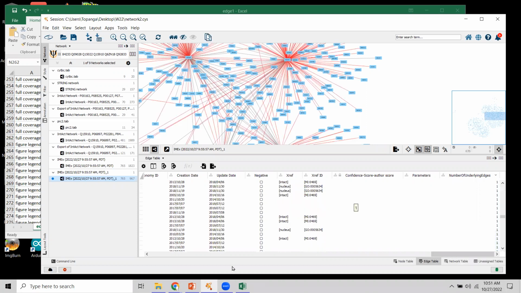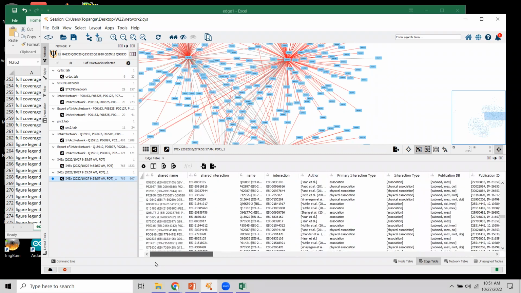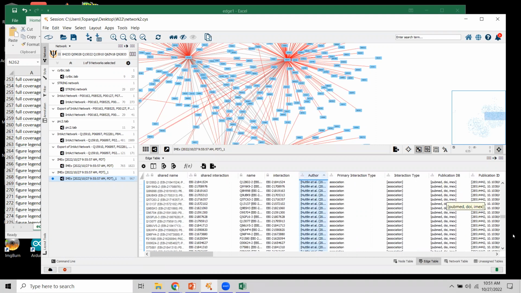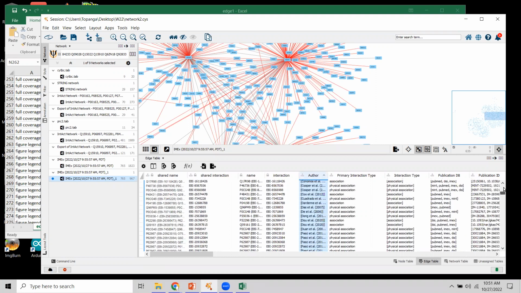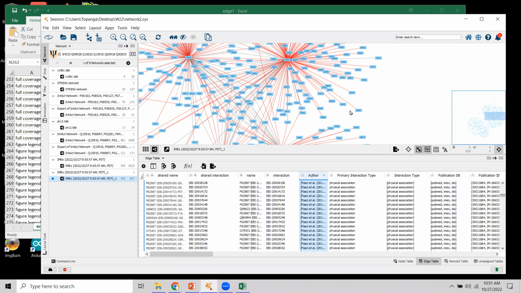Select from row, and then one of the columns in the edge table will refer to a paper where the interaction experiment was generated and described. Okay, and if we sort on the author, you're going to see that for those edges supported by one experiment,